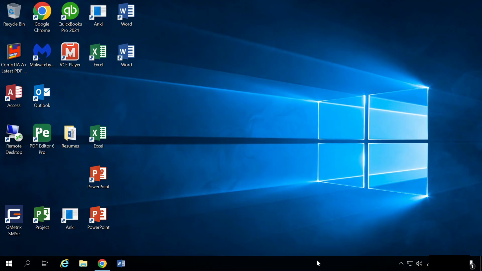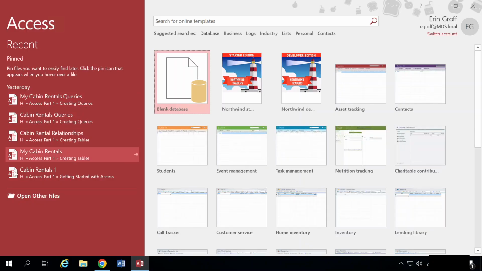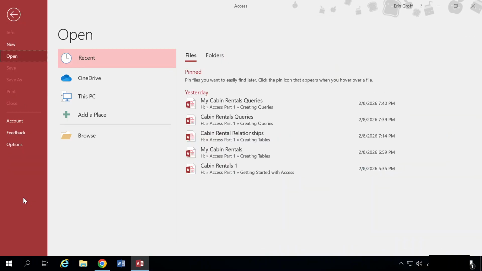We're going to start by opening and saving our cabin rentals database. So I'm going to launch Access from my desktop, and from my start screen, select Open Other Files. Now this is going to be different from the cabin rentals that we already worked with, so don't choose anything from your recent screen. Go to Open Other Files, click Browse,